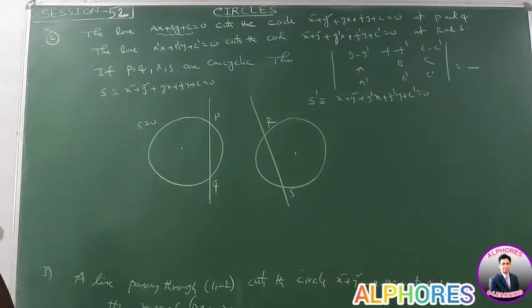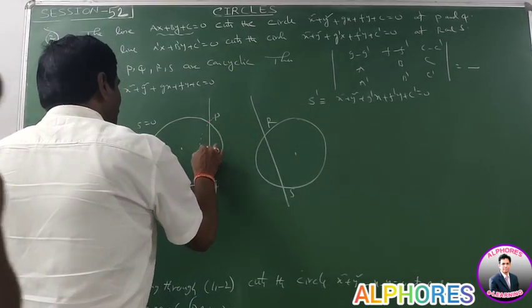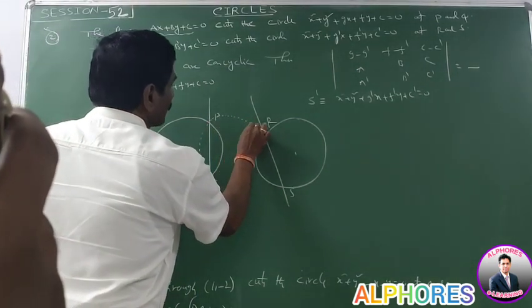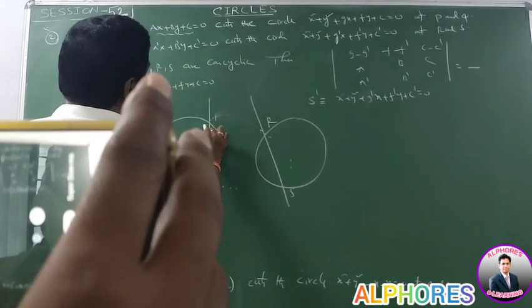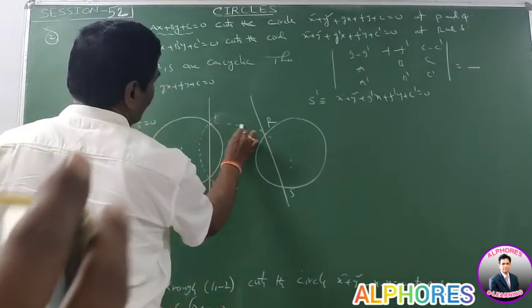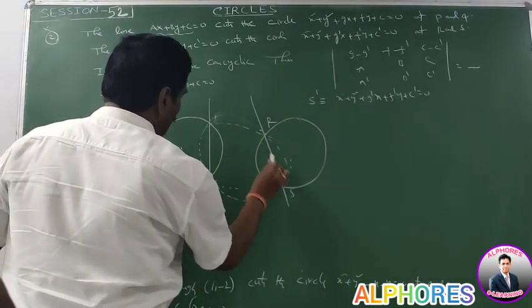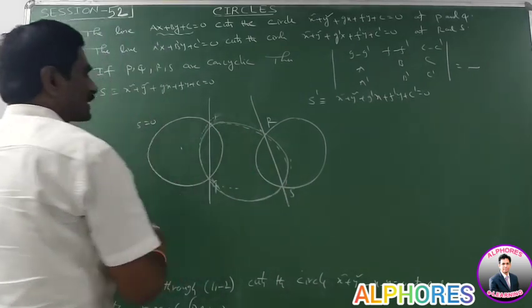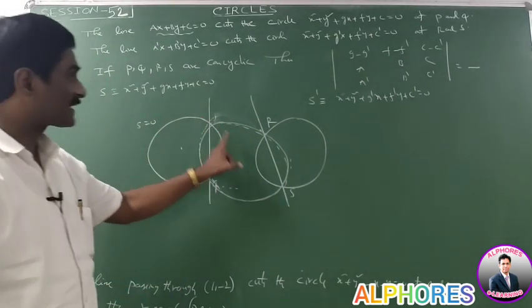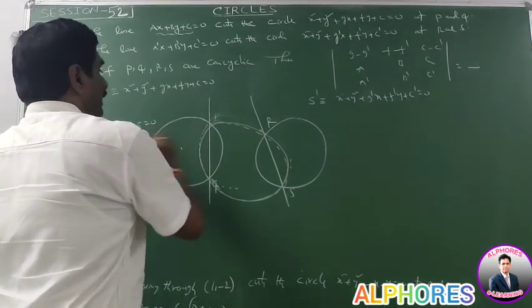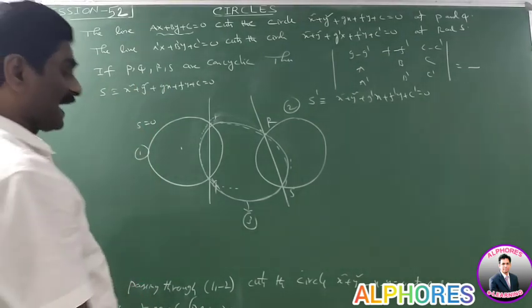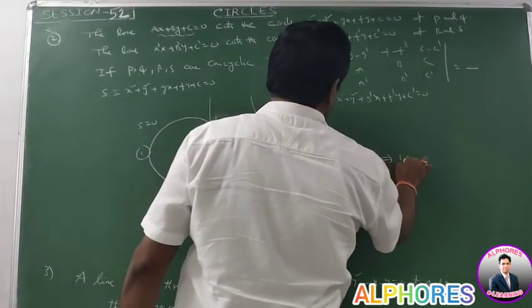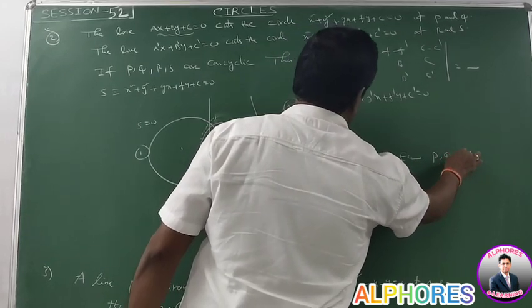Please observe these points. In this case, PQRS are concyclic. PQRS are concyclic means all of these points lie on the same circle. PQRS lie on the third circle. It is the first circle, it is the second circle, it is the third circle. PQRS lie on the same circle. Say the third equation is the equation of the circle passing through PQRS.